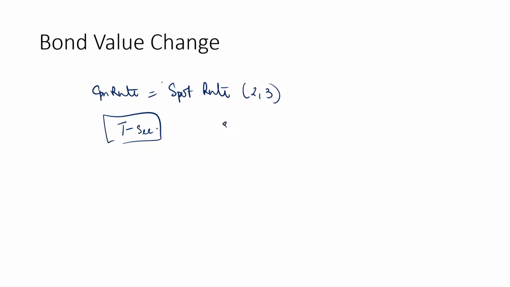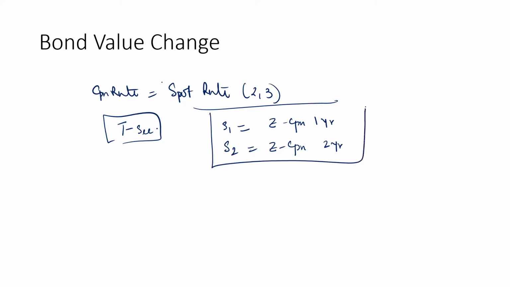So when we say a 1-year spot rate, typically what we are talking about is investing in a zero coupon bond, which is a treasury bond, for 1 year. That is how the spot rate of 1 year is being deduced. Similarly, if we talk about the spot rate of 2 years, all that we are essentially talking about is a zero coupon bond for 2 years. This is exactly how the rates are being gleaned out from the prevailing prices of the treasury security. Now, in case of the language that they have used in this book, I want you